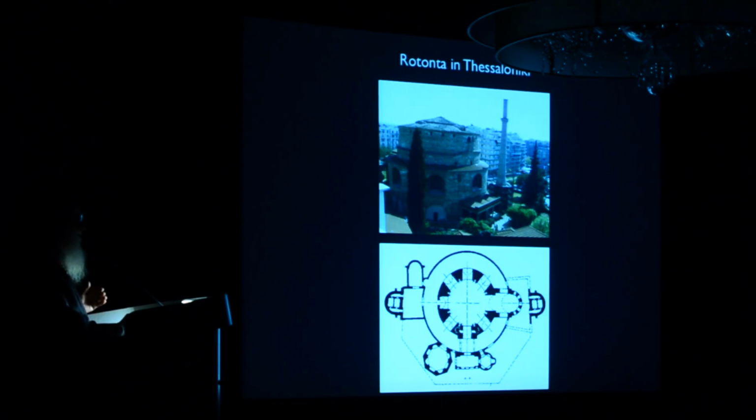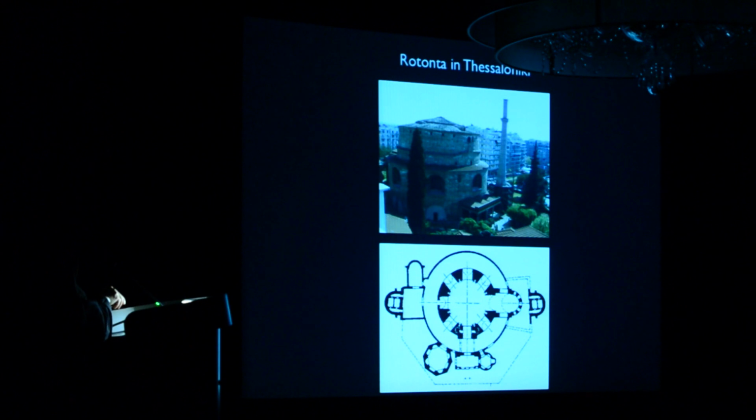Sometimes they might originally have used existing buildings. This is a rotunda in Thessaloniki, which is from the Roman time. Before, it was some sort of a mausoleum for a famous person buried there. Then it became a church by the Christian community dedicated to St. George. And when the Turks occupied Greece and Constantinople, they have also, you see, a minaret there. So it became a mosque. Today it is again a church. The minaret stays there, but it's also a museum. They don't use it for permanent worship.